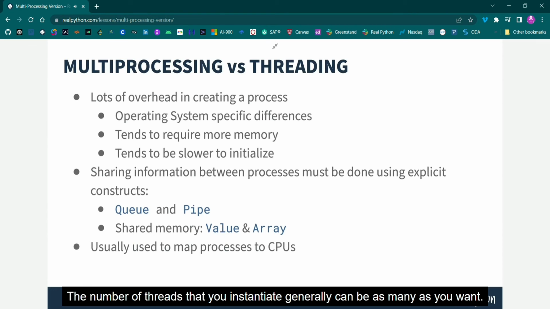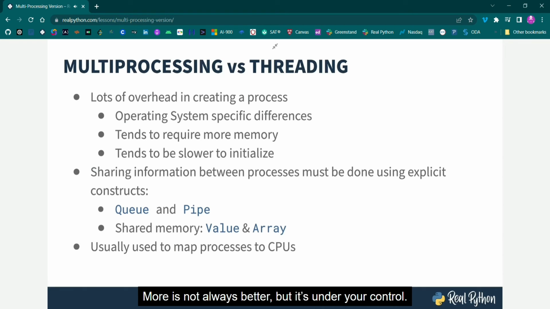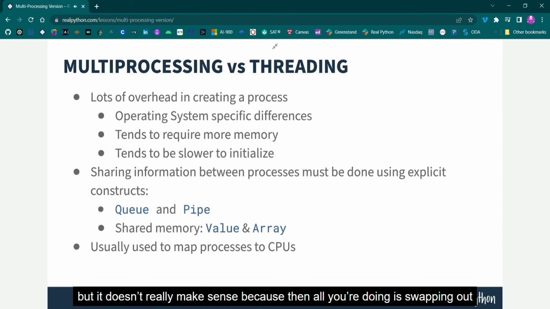The number of threads that you instantiate generally can be as many as you want. More is not always better, but it's under your control. Multiprocessing typically is only used to map processes to CPUs. You can instantiate more interpreters than CPUs, but it doesn't really make sense because then all you're doing is swapping out those, and the overhead of the swap tends to be more expensive and you don't actually gain any speed